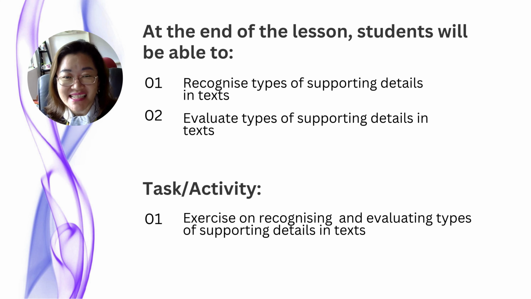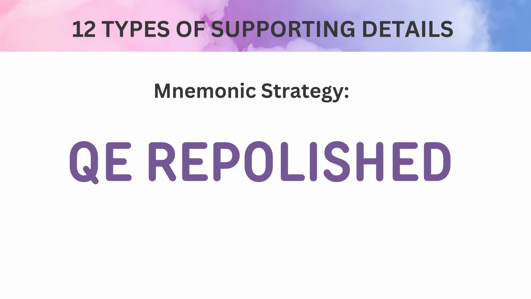At the end of the lesson, students will be able to recognize and evaluate types of supporting details in text. As for the tasks, you will have to complete the exercise on recognizing and evaluating types of supporting details in text. Using the mnemonic strategy, you will learn how to memorize all the 12 types of supporting details in this